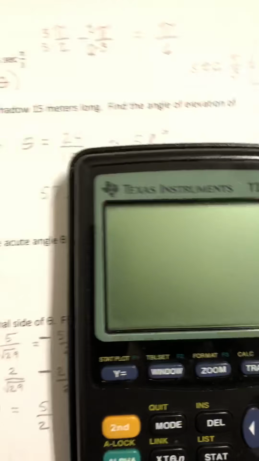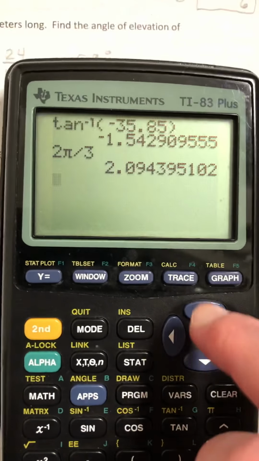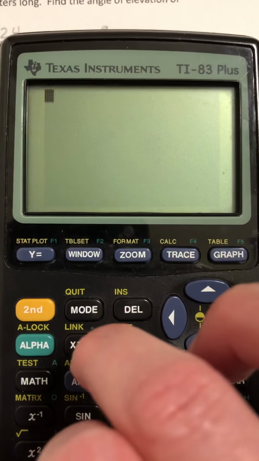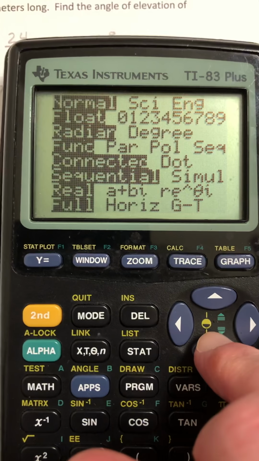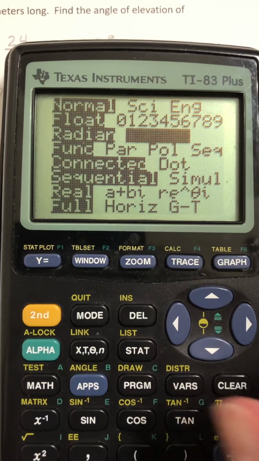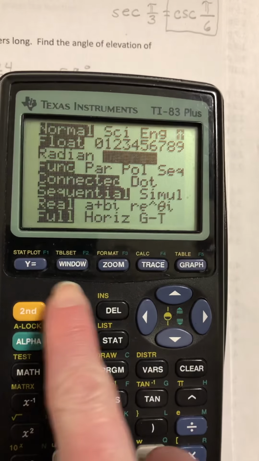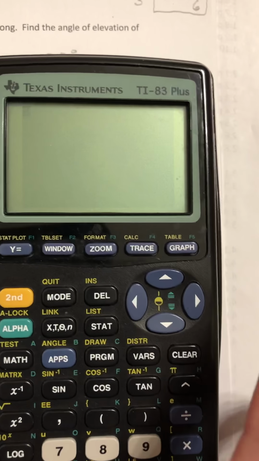So I'm going to show you how to do this in your calculator. First of all, we're going to have to be in mode degrees because it specifically said to find the angle to the nearest degree. So make sure you're in the right mode in your calculator. Very important. Hit enter. Then you can quit out of there. And then you want to hit